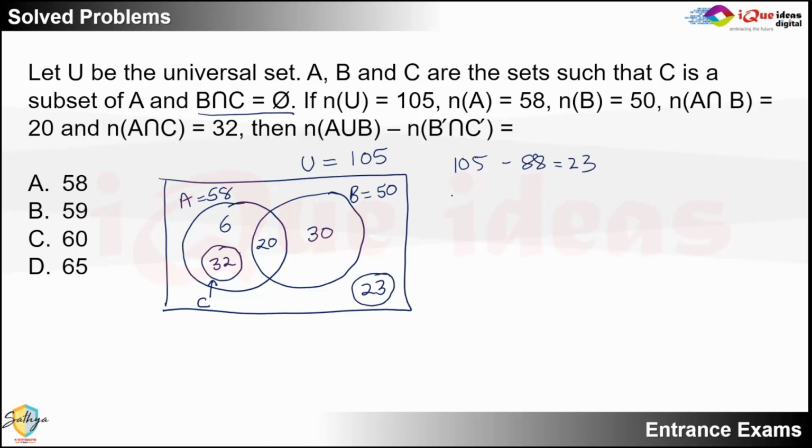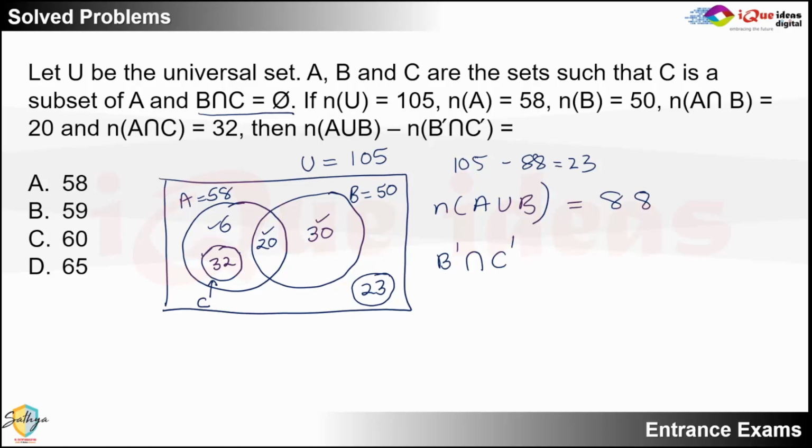Now, the number of elements in A union B is simply all those elements which are included in A and B. That would be the 32 elements plus 6 elements plus 20 elements plus 30 elements, which we have already calculated as 88. B complement intersection C complement is every element which is not a part of B